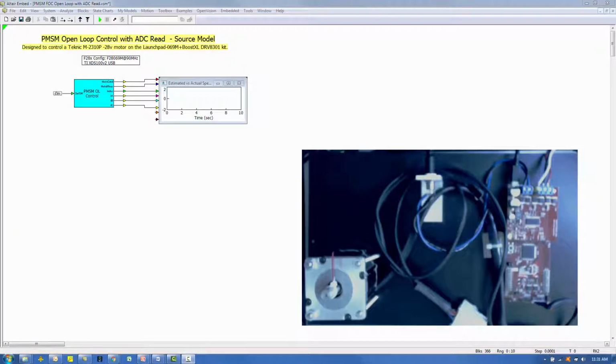This example explains how to use the Altair Embed application to control a PMSM motor in an open-loop fashion. This example will focus primarily on the PWM and ADC blocks. For the target, we'll be using the Texas Instruments